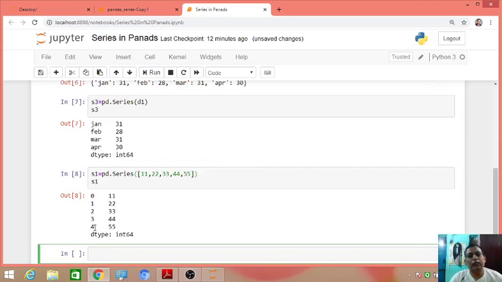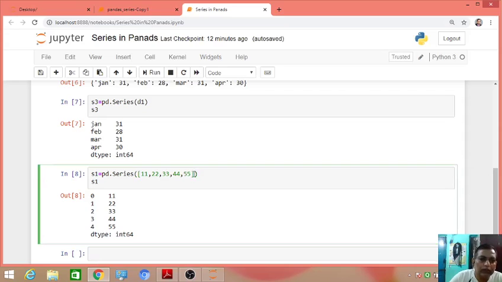Now I want to change this index to A, B, C, D, E. Simple. A series has two parameters: first is data, second one is index.